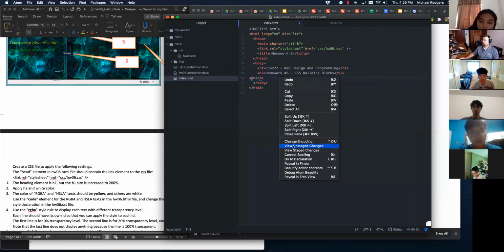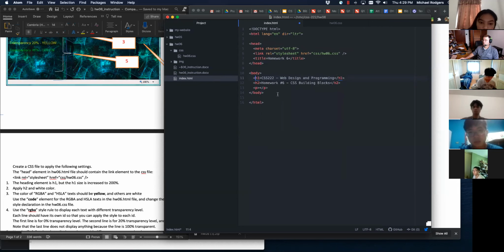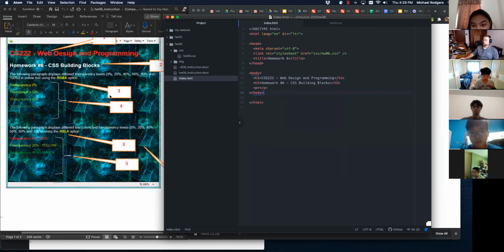And if you right click on these, you can go down to beautify editor contents and it'll reformat things for you to make it look nice. Okay, so we're going to type in the following statement. The following paragraph displays different